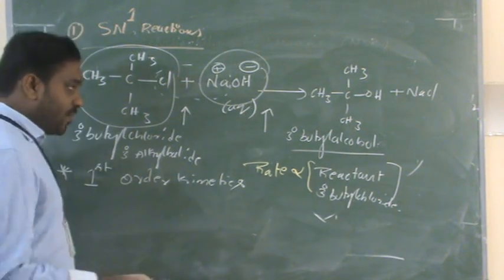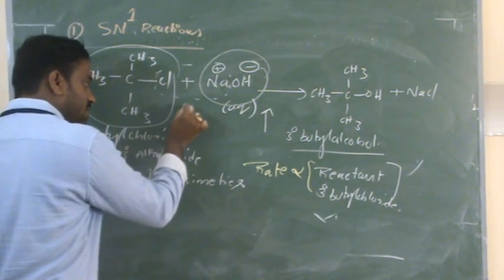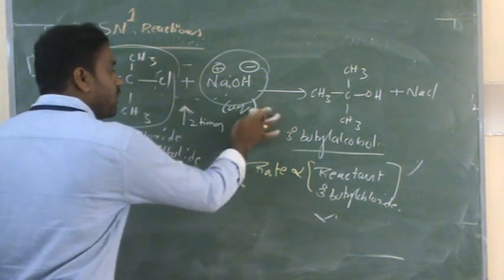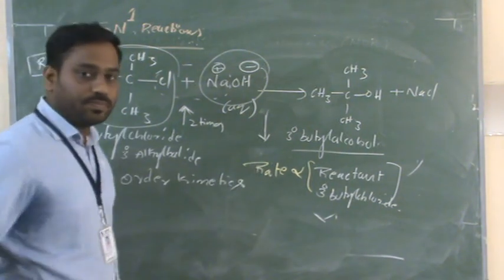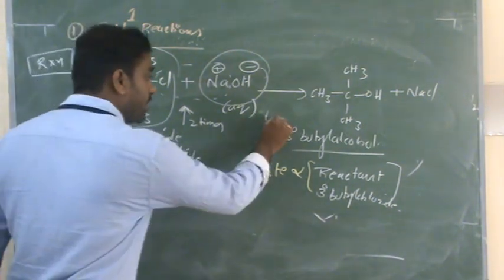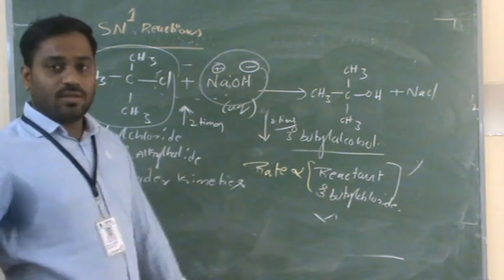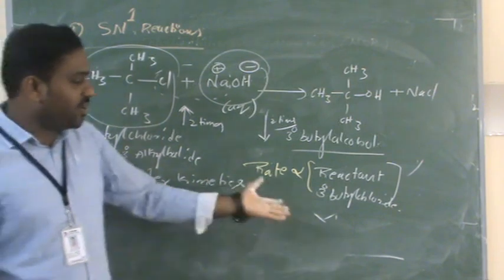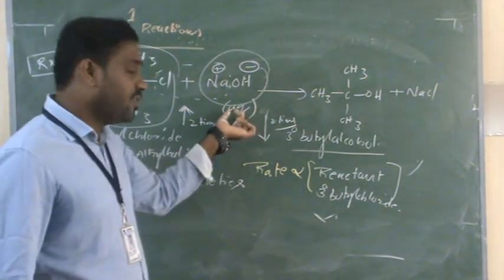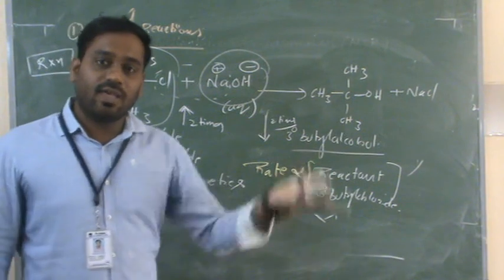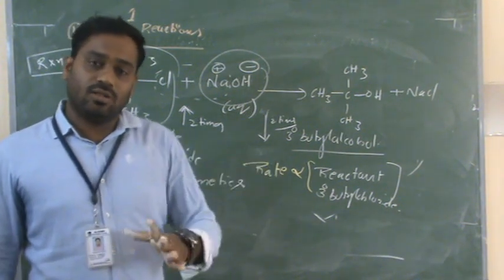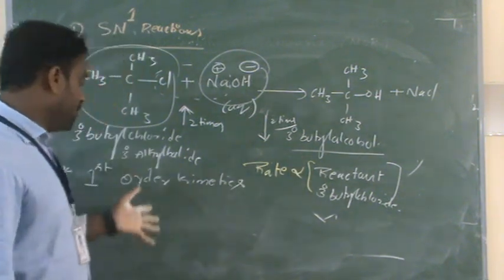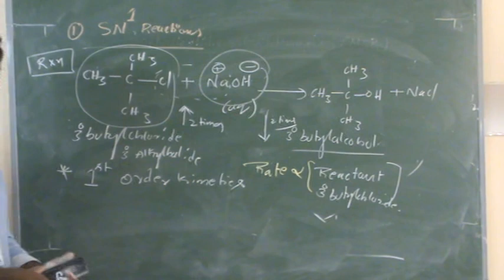Okay, and there is another type of question. Suppose you increase the concentration of the alkyl halide by 2 times, and you decrease the concentration of NaOH by 2 times, then what about the rate of the reaction? It is increased by 2 times only. Why? Because the rate of the reaction never depends upon the concentration of NaOH. Either you increase or decrease it, there is no effect. Are you following? This is the type of questions they will ask in competitive exams.